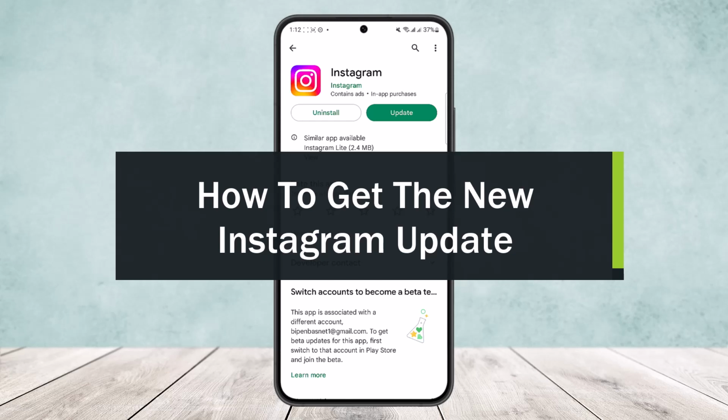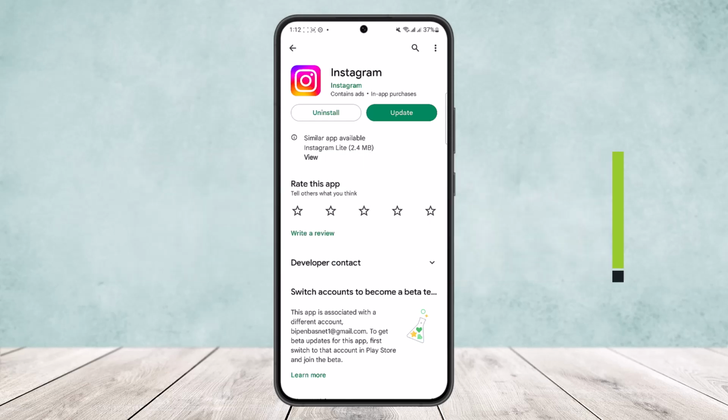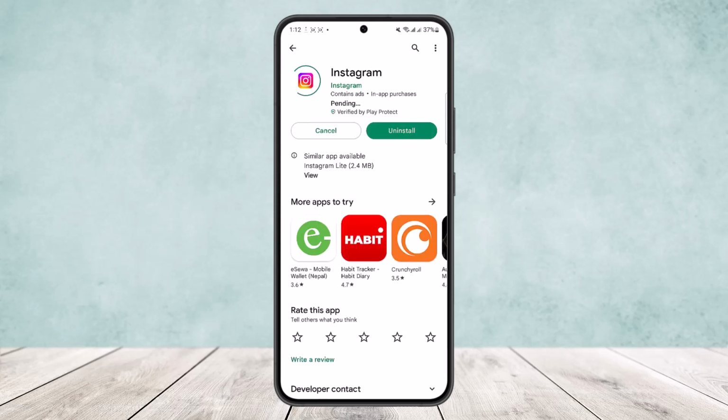Today I'll guide you on how you can get the new Instagram update. Now it's quite simple and easy. Simply head into your phone Play Store or App Store and search in for Instagram, and if the update is available you'll find the update there. Now Instagram brings out updates regularly, so you'll be able to find an update every week or so. Now here you can see there is an update. All you have to do is tap on the update option there on the screen and it'll start auto updating